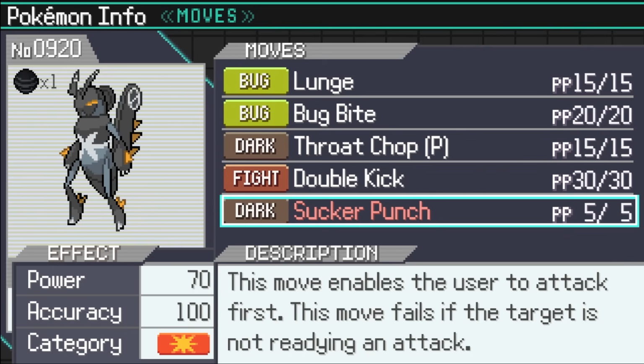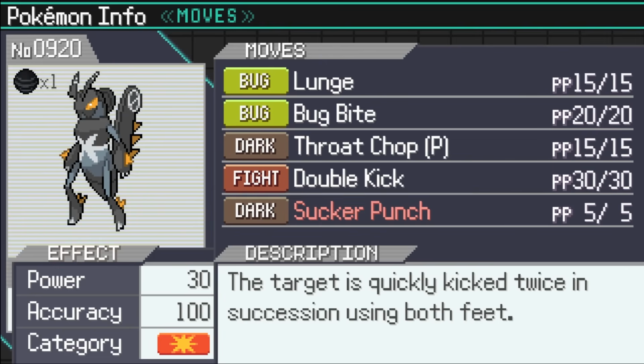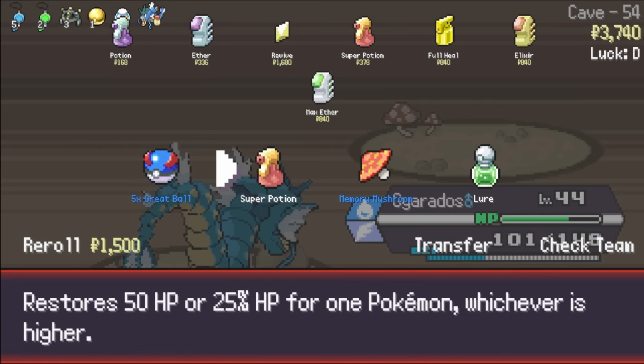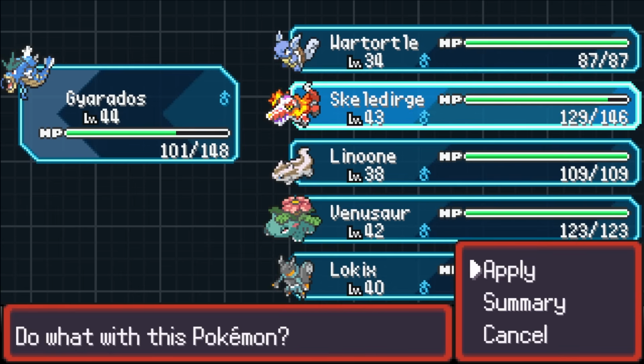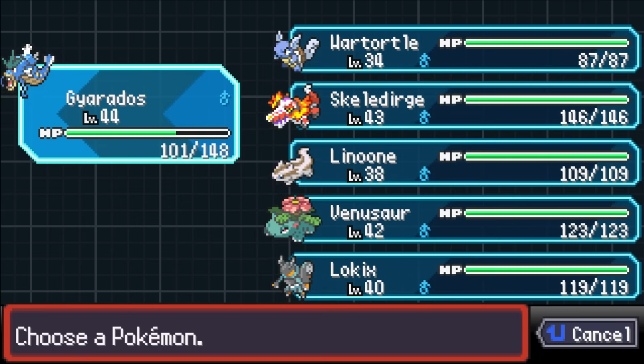But Sucker Punch, giving us priority if they're attacking, is kind of nice. I don't think we'll need Double Kick, so I think we'll ditch that, just in case we need a good priority hit to take out something. I'm going to spend just a little bit of money to get a potion to make sure that Skeletor is fully healed up